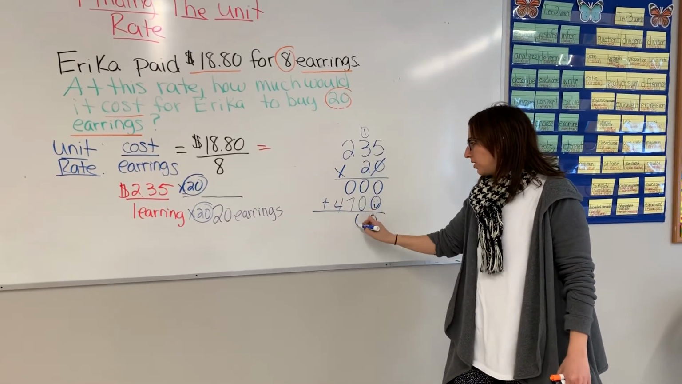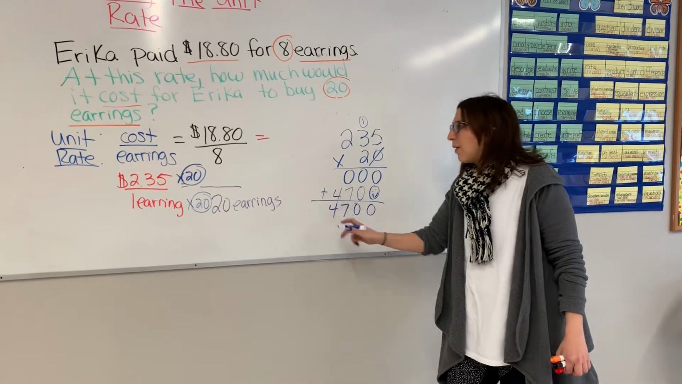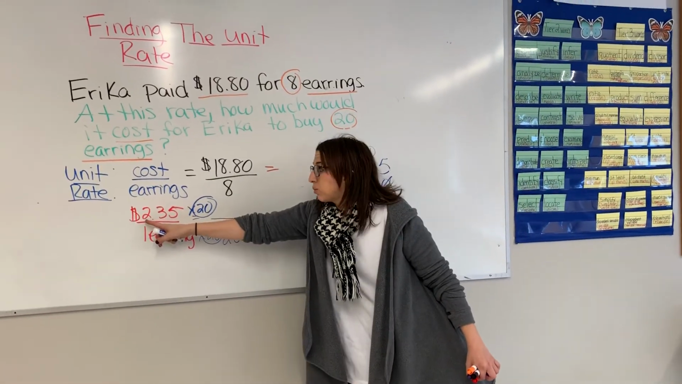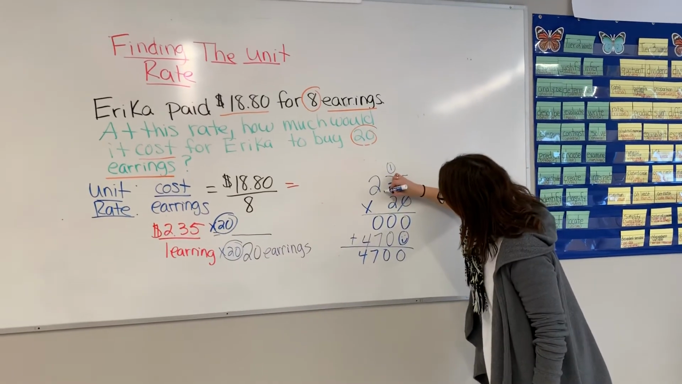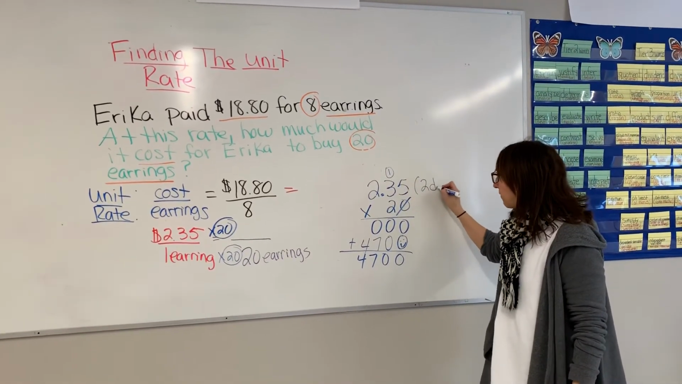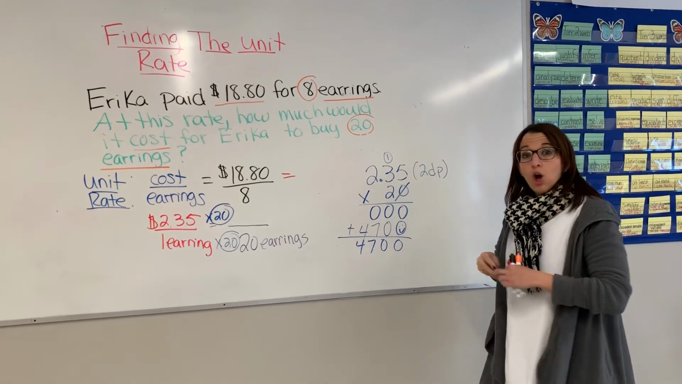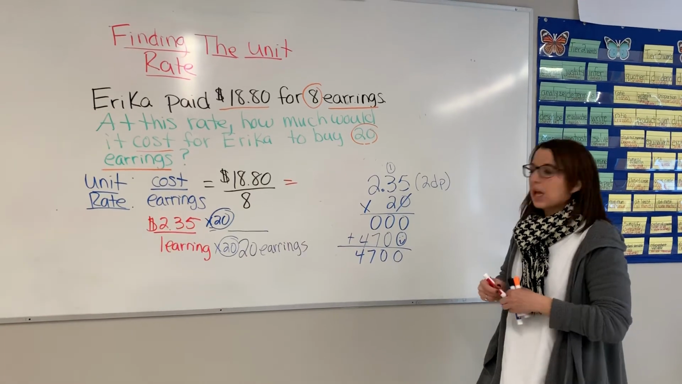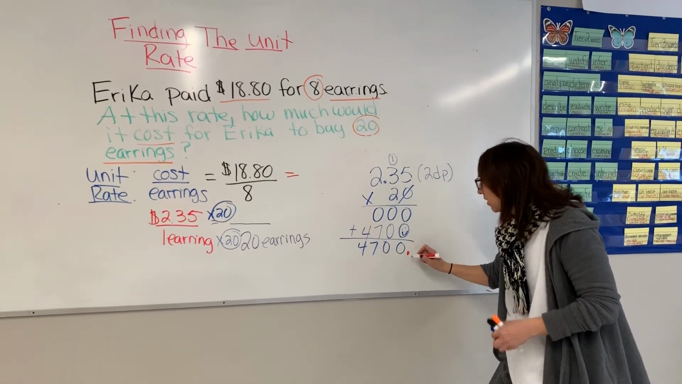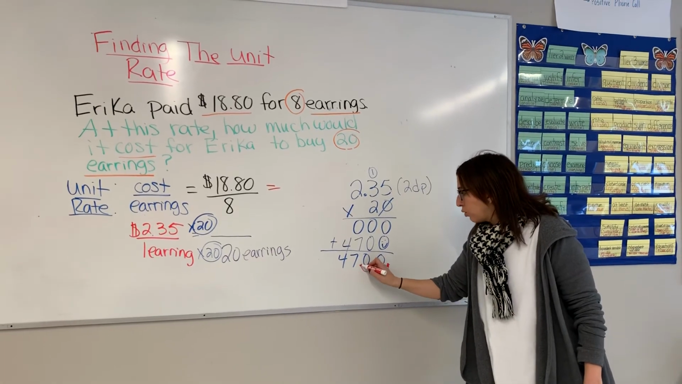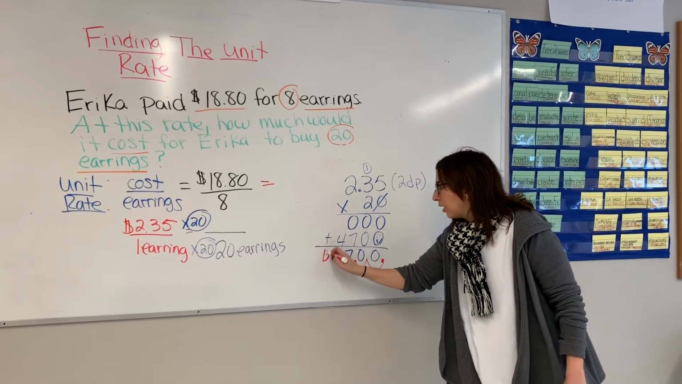0, 0, 7, 4. Now I got to figure out where the decimal goes. And if I look here, the decimal's in between the 2 and the 3. There are 2 places after the decimal. So I'm going to write 2 DP for decimal places. When there's a whole number, the decimal is to the right of the ones place every single time. So I'm going to put it to the right of the ones. I now move the decimal 2 to the left. 1, 2. So the cost now is going to be